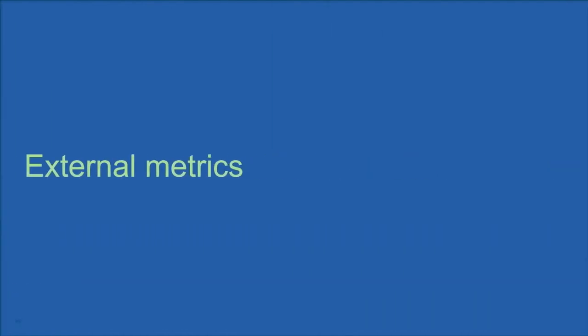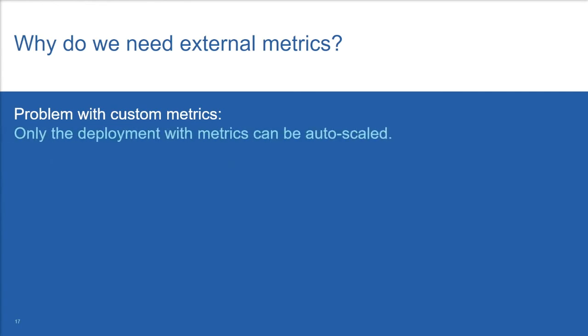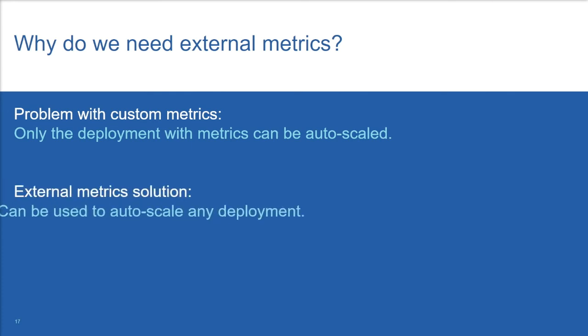Next, we'll see external metrics. With custom metrics, we have solved the problem of auto scaling on metrics coming from pods that we want to scale. In our use case, this is useful when we want to auto scale the Citrix ADC CPX deployment itself. When we want to auto scale the application being load balanced, we will need to get the metrics from ADC and use it to auto scale the application deployment. This is where the external metrics API helps.